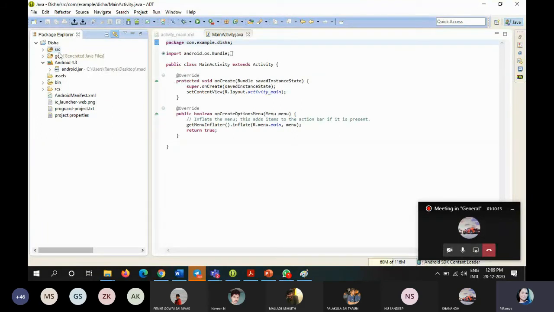What is the usage of the SRC subdirectory? It contains all the source code for your application. If you want to develop any application, definitely you are going to write some source code. Source code is nothing but programming instructions. All the source code will be stored within the SRC folder only.